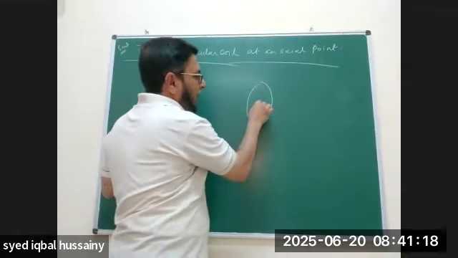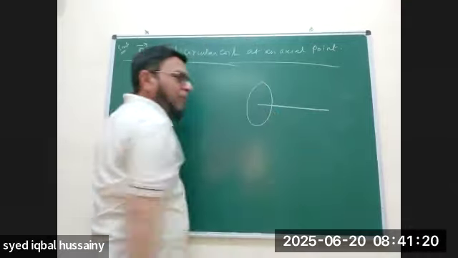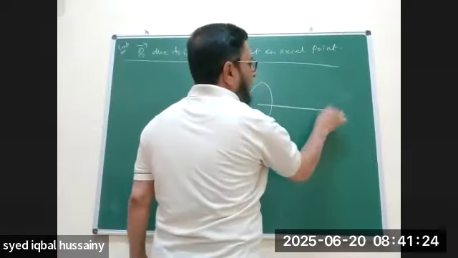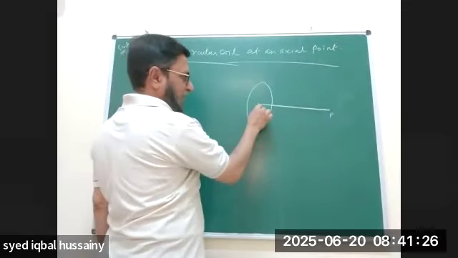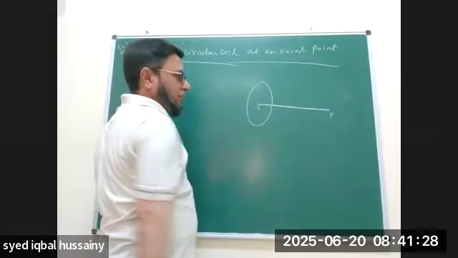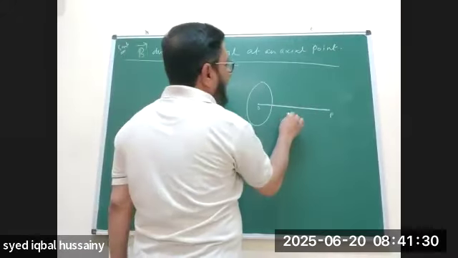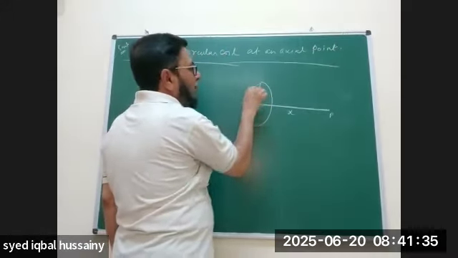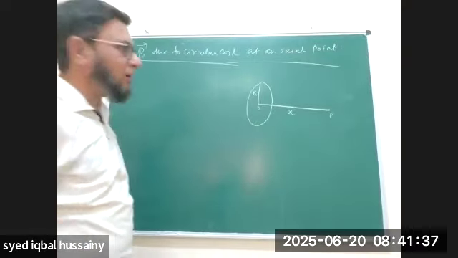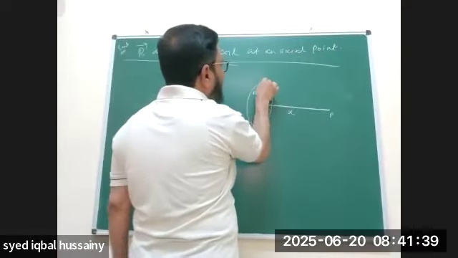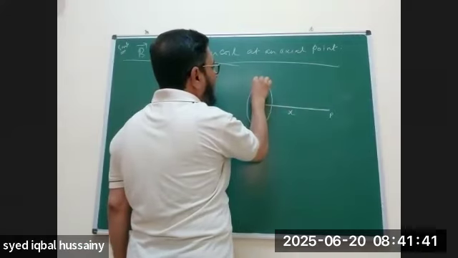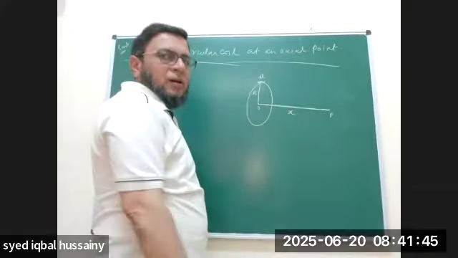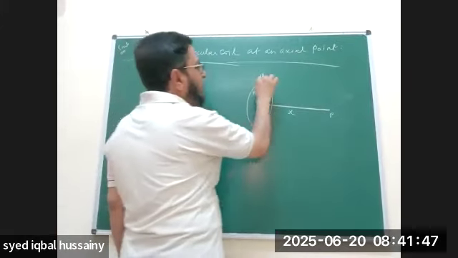And this axial point means x-axis. On the x-axis I am taking a point P, at a distance x from the center of the circle. Imagine the radius of the coil is r, and here I'm taking a small segment dl. From dl, the point P is at a distance